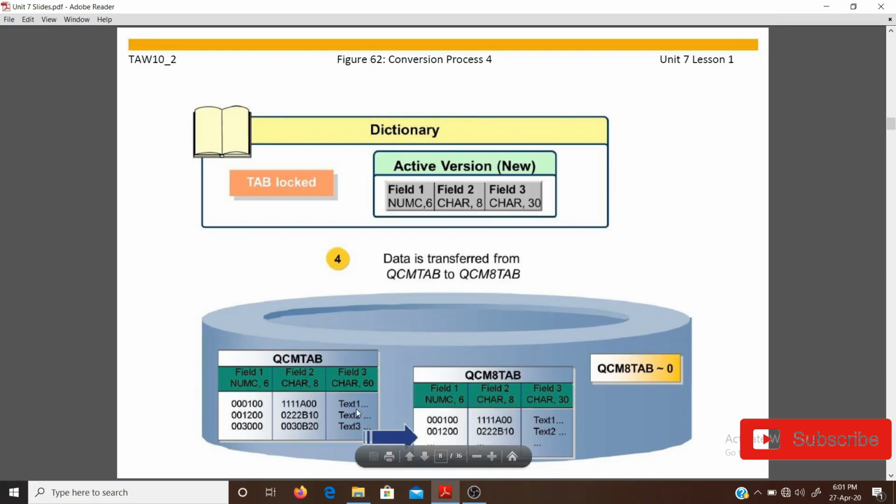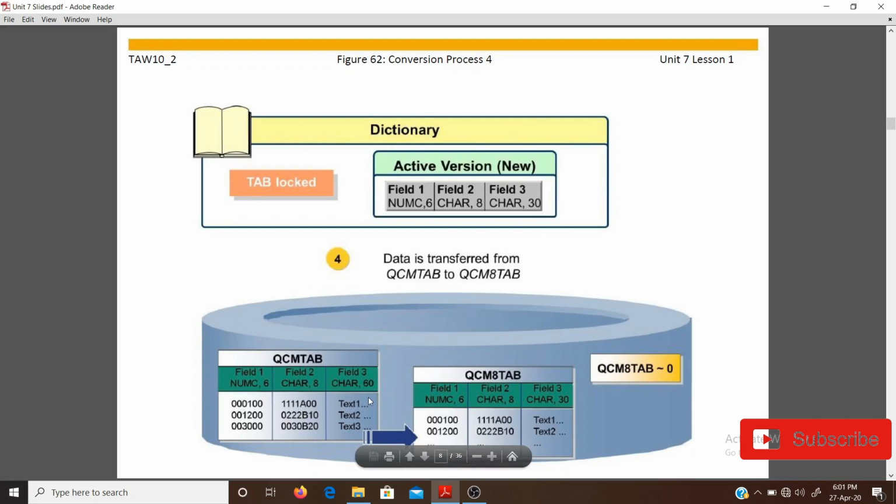When the data is copied from one table to another, the system performs a database commit, and this commit happens after each 16 MB. As a result, this conversion process requires 16 MB of resources in the rollback segment.